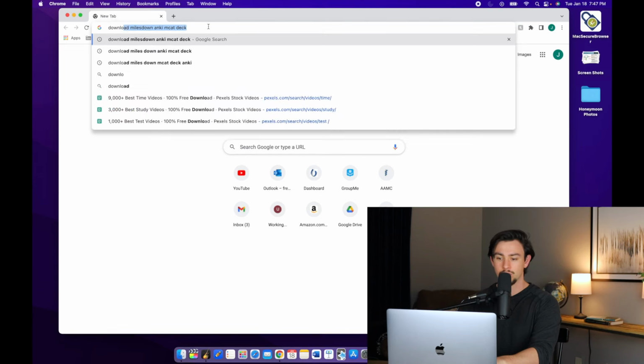But that's enough of me ranting about Anki. I know I love it. Let me show you how to download this deck. The first thing you have to do is download Anki. Now, if you've already done this, then you can go ahead and check the timestamps in the description and skip to where we get to talking about the MilesDown deck or even how to use it if you've already got the MilesDown deck downloaded. But to download Anki, all you have to do is just Google download Anki